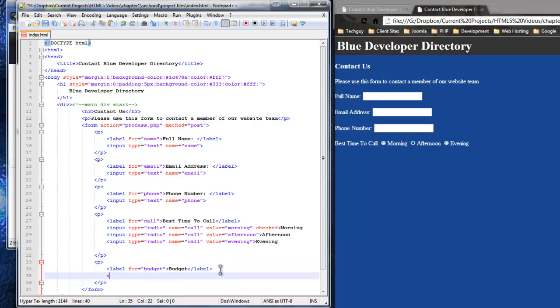So now we can do our select, and we're going to do select type. It's going to be list, and name is going to be budget to match the label field, and that should be it. Now let's just close. Select tags you do need to close,